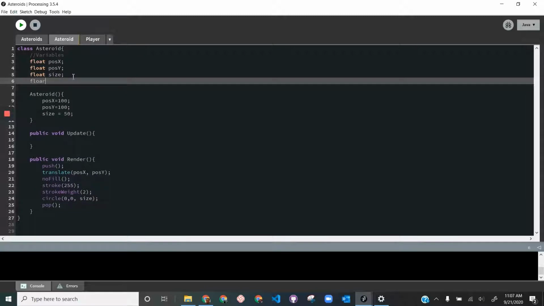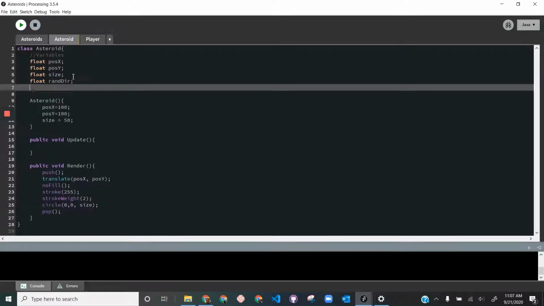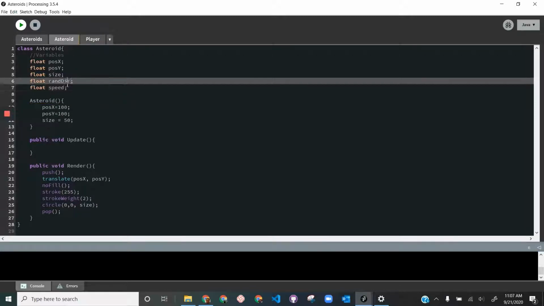We're going to be using a float random direction variable. I'm going to call it randdir, an abbreviation of random direction, and we're going to do a float, if I can spell float right, a speed. So random direction is going to be a, you can actually comment this in. Probably a good practice to start getting good at is getting your comments in. So random direction is going to be a